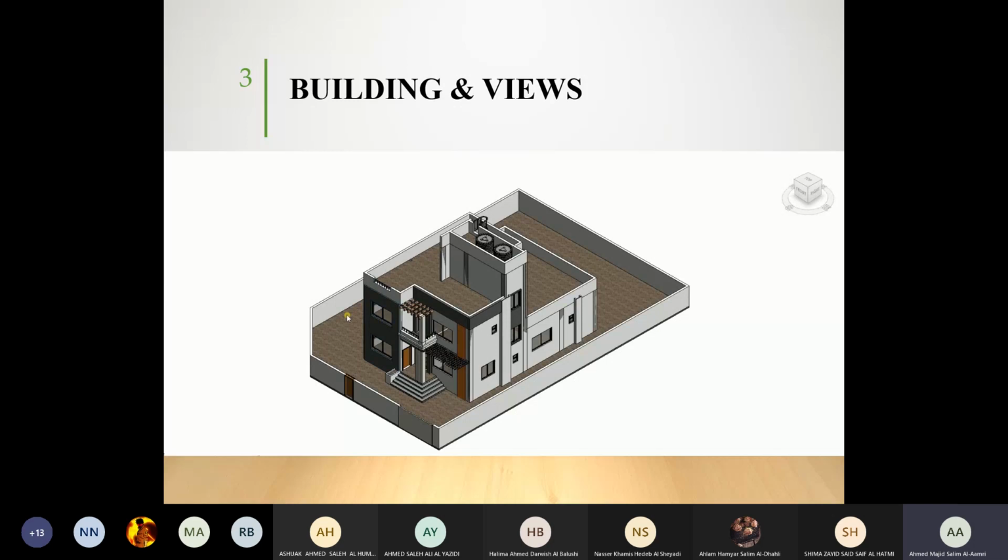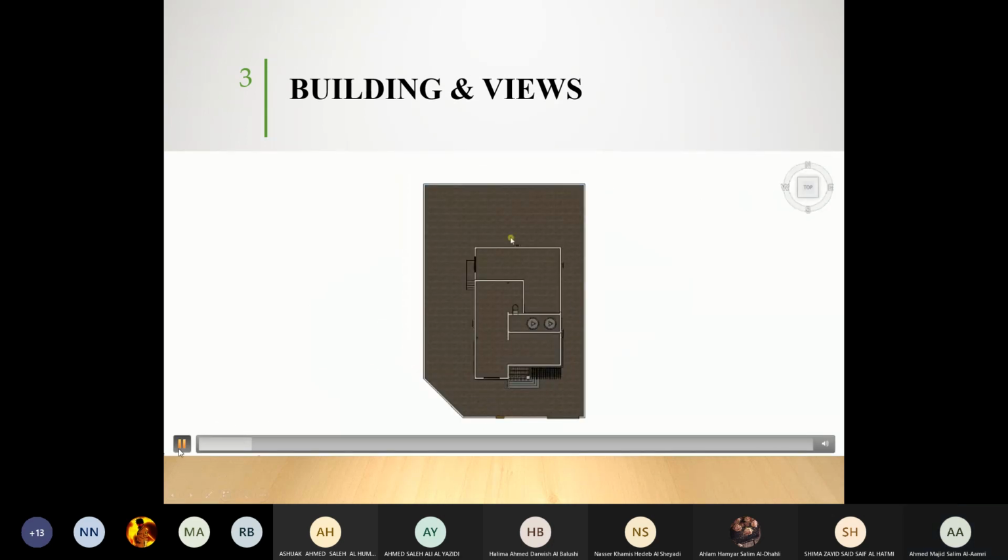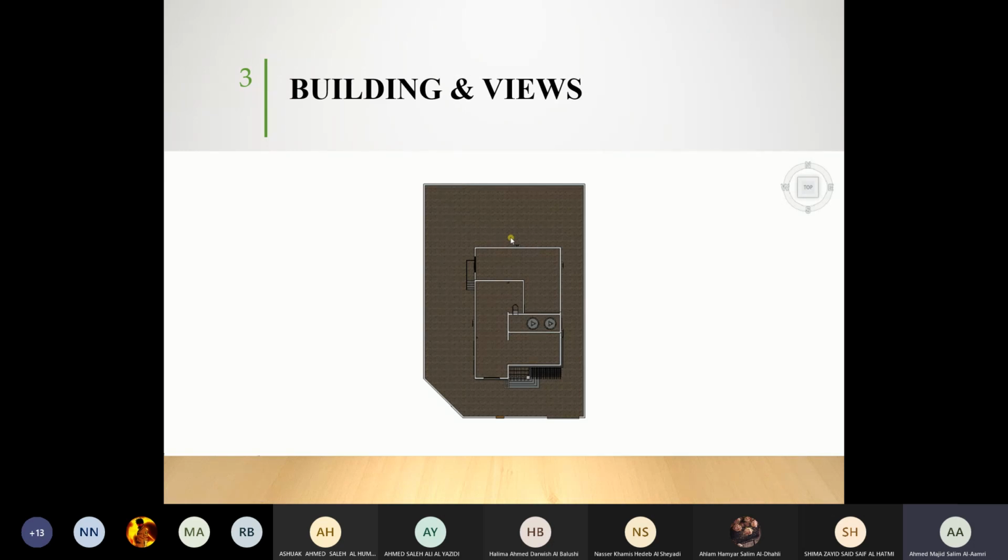So now you can see we have different floors here, different levels. Now if you can see, we have different setbacks. Setbacks are the distance from the border of the house or the block to the border of the house. According to the municipality, you need to keep a certain value for the setback. So front setback is normally 5 meters because you will be putting your car inside, and then back is normally around 3 meters. And then the side setbacks are around 3 meters or 2 meters, depending on the situation.